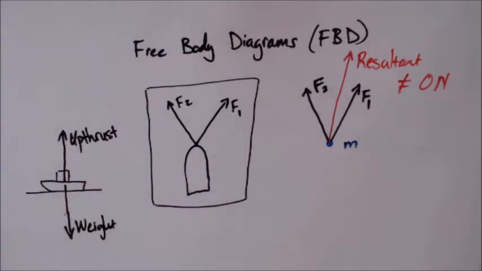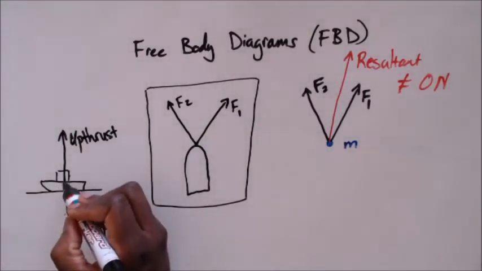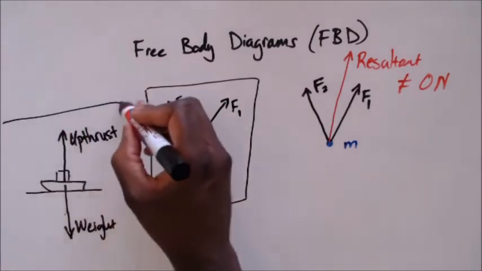So the weight and the upthrust will be balanced because we know that the upthrust will act for a ship that's built properly in such a manner that it balances the weight. As the weight increases, the upthrust increases. As the weight decreases, the upthrust will also decrease. And we see here that a free body diagram for this situation